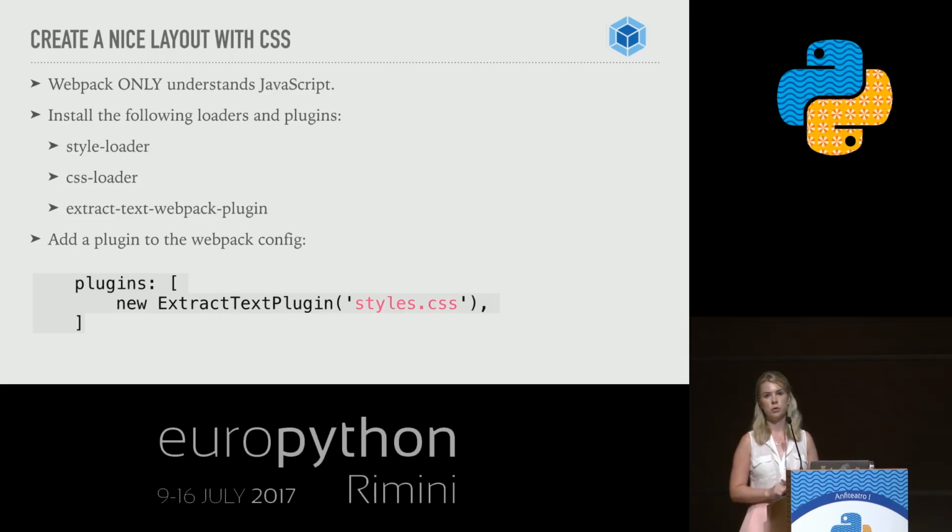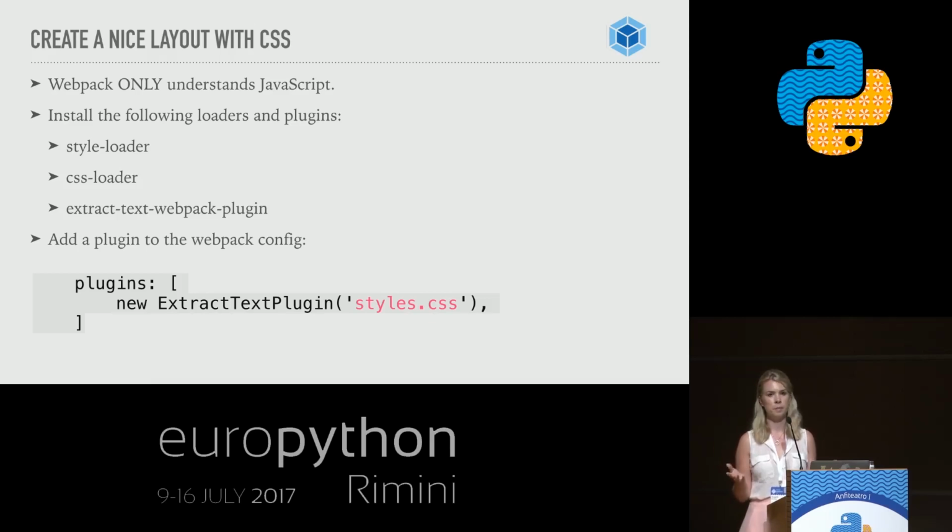We need these two loaders to convert our CSS files, and then we need the extract plugin to be able to extract our bundled CSS from our generic JavaScript bundle into something we can actually attach directly to our index.html file, so we can render our JavaScript and our